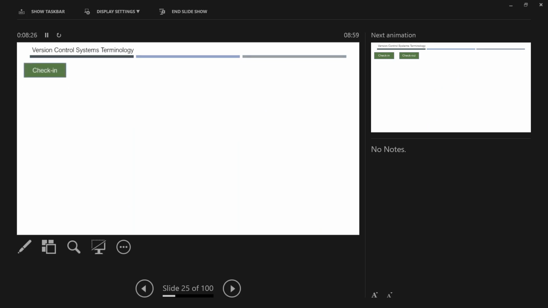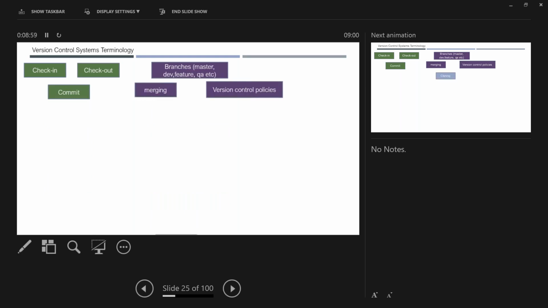So on Monday we will look into the various commands used as part of a distributed version control system. We have any number of tools, I mean repositories, like Git, Bitbucket, etc. We are going to use Git. Whatever the stack, the commands are the same; there is no difference. We will look into various commands like check in, check out, commit.